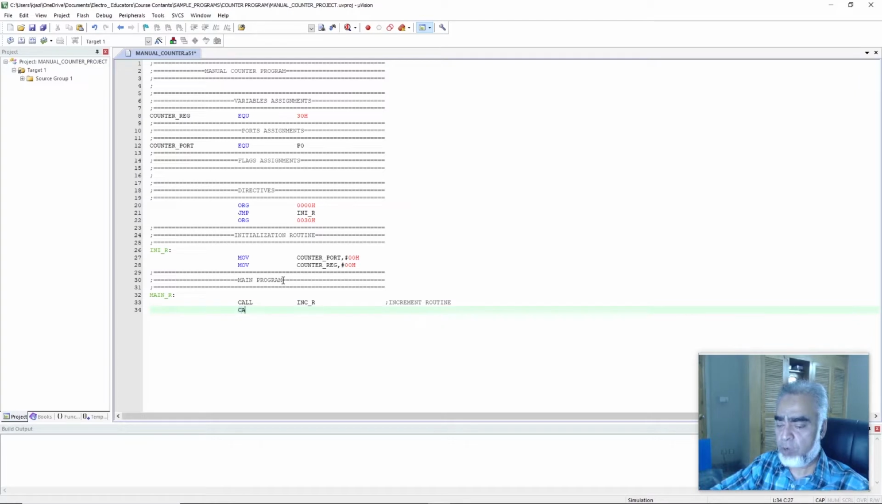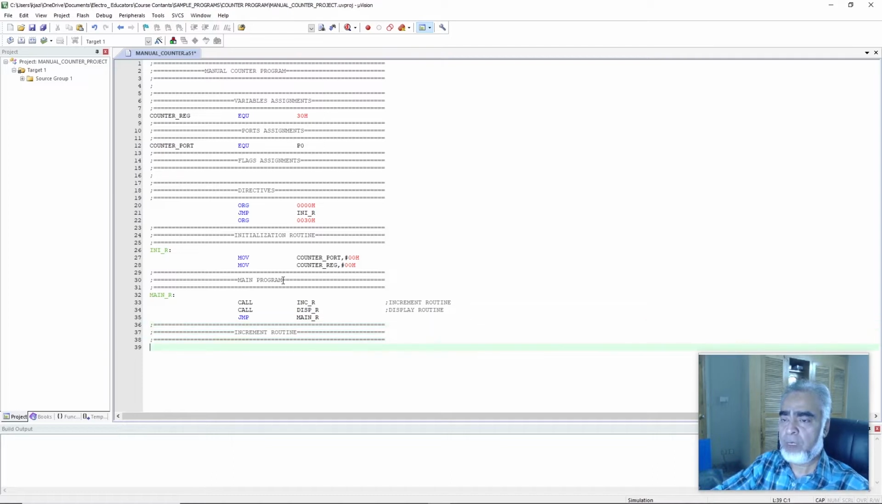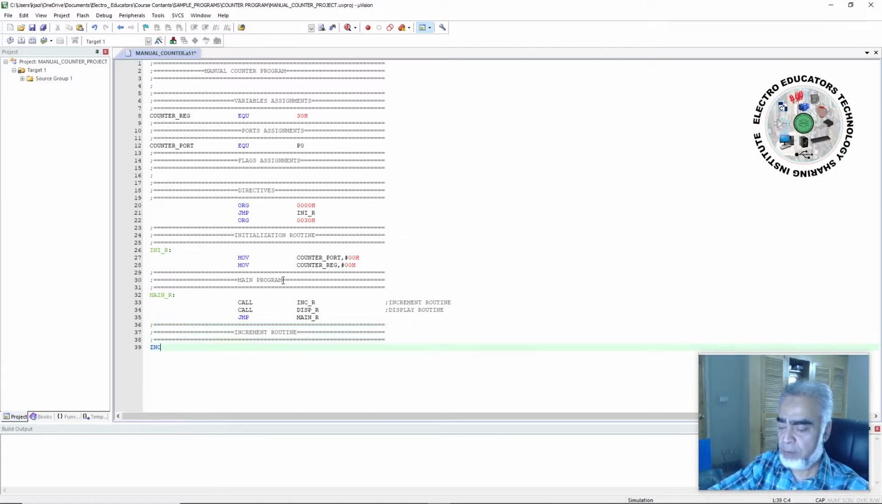So we'll write that is call disp_r, and we will add a comment on this line, that is display routine, and after calling these two subroutines, our program will jump back to the main R label. So here we will write that is jump main_r, and here we'll close the session of our main program, and now we'll write the increment routine, and here we'll write that is incr using colon. So here in this increment routine, first we'll check the status of the switch 1, that is the